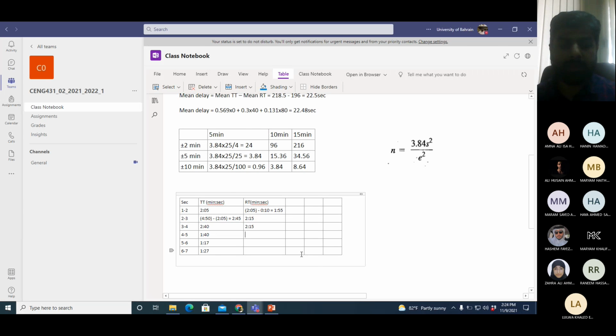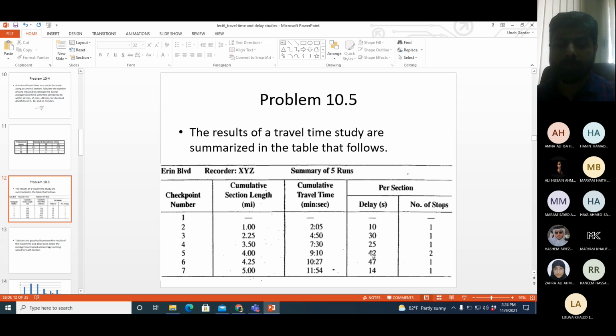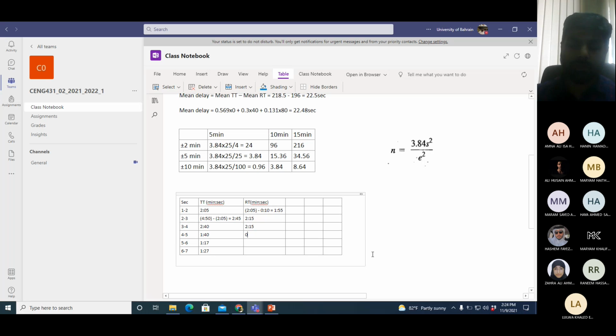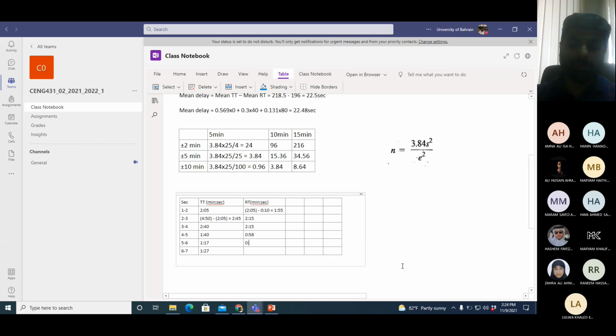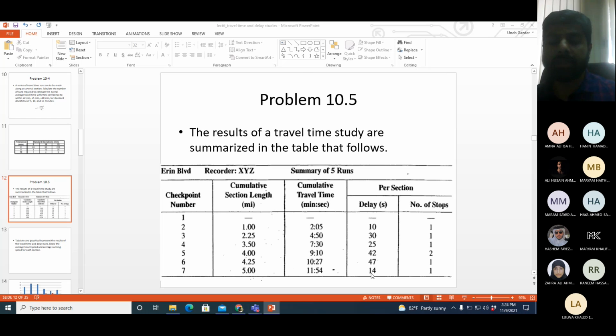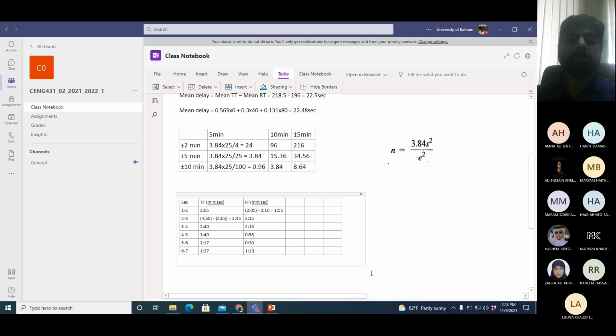Then 140 minus 42 will give you 0.58. Then 117 minus 47 will give you 0.30. 127 minus 14 will give you 113.